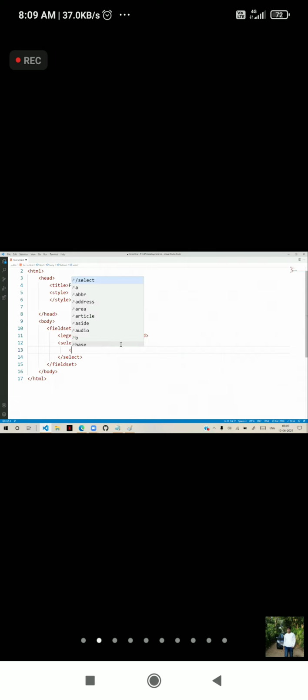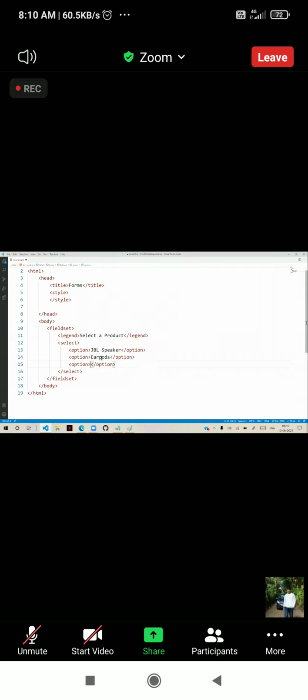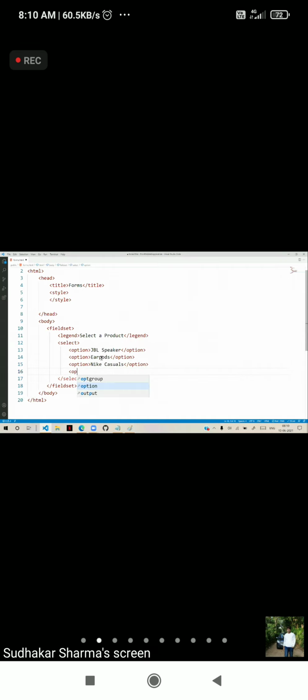In this select, I can directly give options. Here an option like JBL speaker, an option like earpods, an option like Nike casuals, an option like Lee boots, then shirt, and an option like jeans.